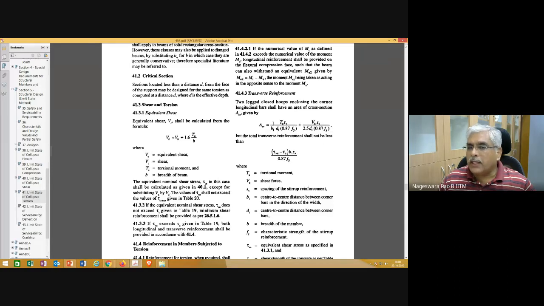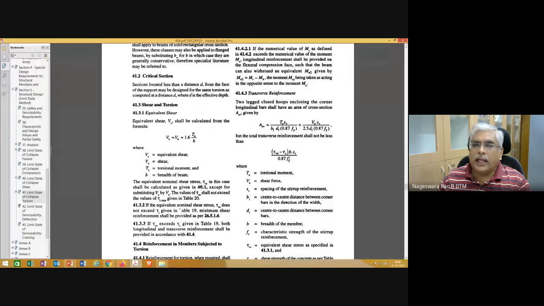So by the time you come here, since you know the dimensions of the section and longitudinal reinforcement, you should be able to calculate B1 and D1, and the rest of the things, Fy depends on the grade of steel that you plan to provide, and SV is the spacing of the stirrups that you need to decide. You need to decide a reasonable value of spacing of the stirrups, and based on that you can arrive at the area of the transverse reinforcement, and this ASV shall not be less than this. This check also you need to make.